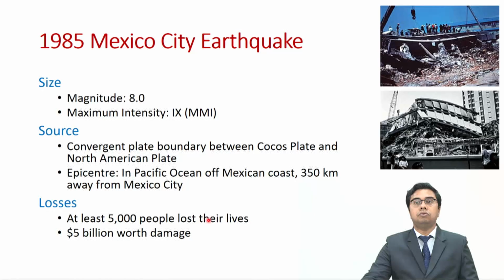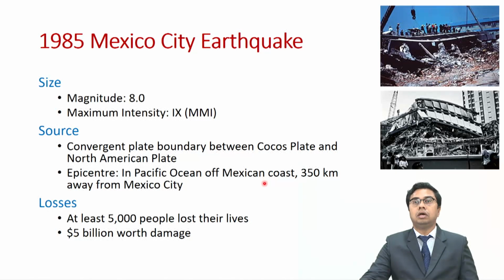Let us look into the 1985 Mexico City earthquake, an earthquake which happened roughly 350 kilometers away from Mexico City. The epicenter was located in the Pacific Ocean off the Mexican coast, and this happened at a convergent plate boundary, which means that the Cocos plate and the North American plate were colliding with each other, and this led to the 1985 Mexico City earthquake.